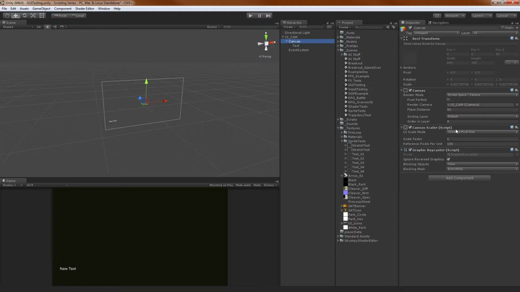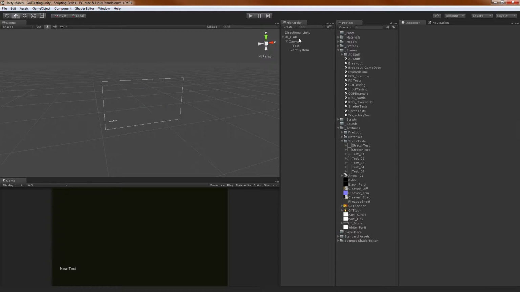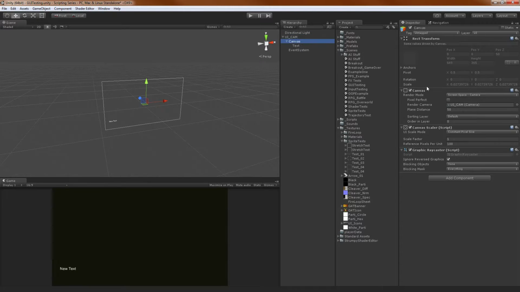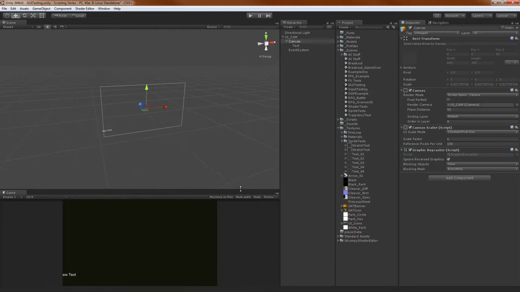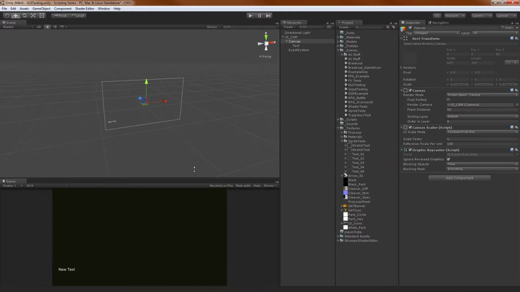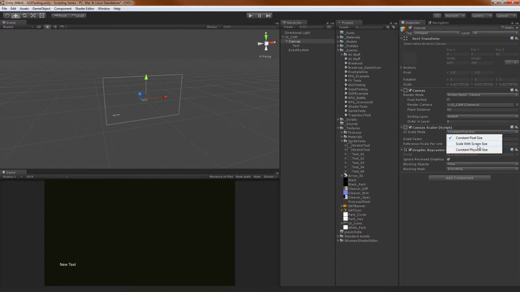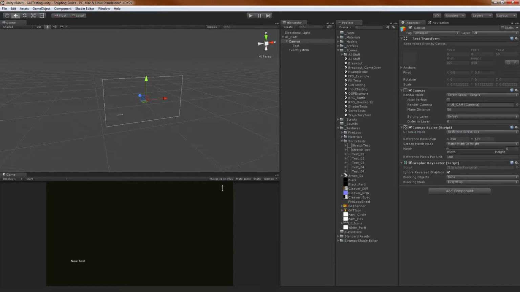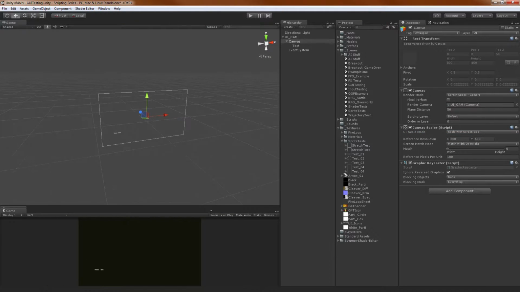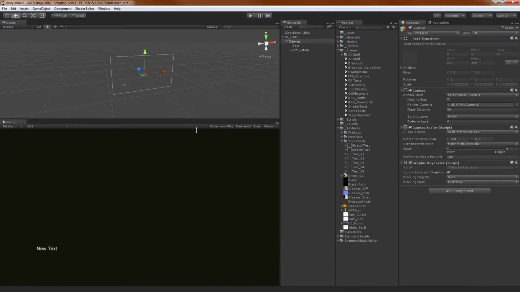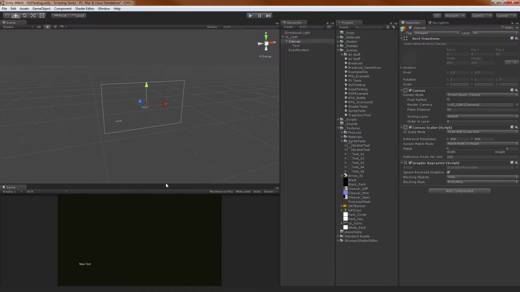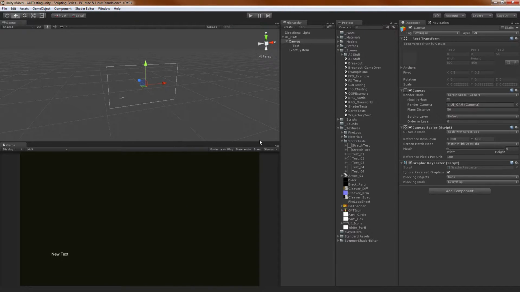Canvas scaler. So how do you want it to scale? Right now, just by setting this to be screen space camera, if I start to rescale this, you'll see that things still aren't behaving properly, right? So if we change this to scale with screen size, you'll see that things are behaving like I would expect them to behave. We can change the resolution all we want, and it won't move my assets around on screen. The reference resolution that it uses down here is